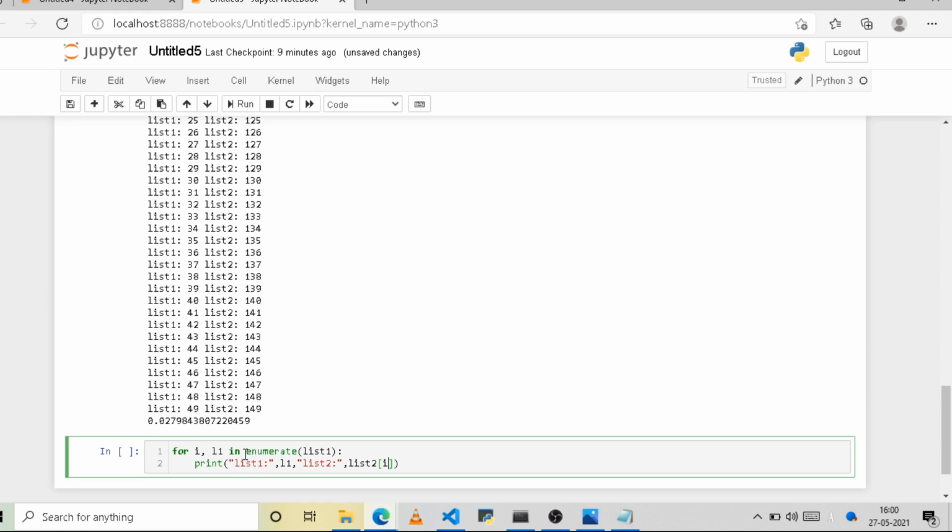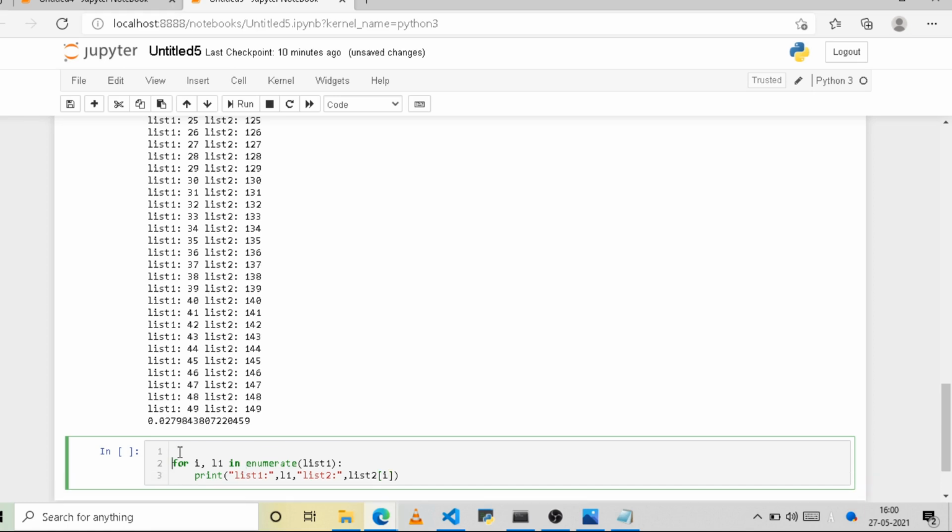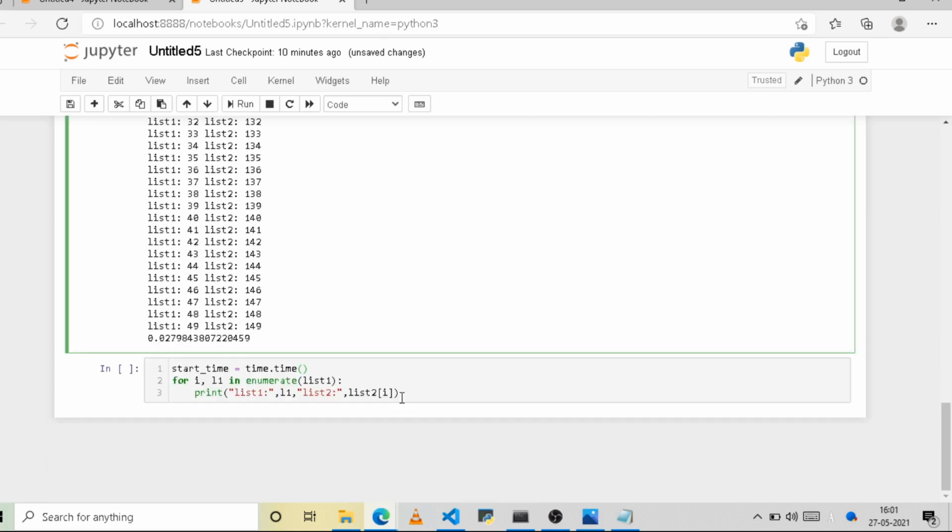And I'm going to use the start and end variables again to get the time frame. Let us try to print, and you can see that it takes 0.029 seconds. So it is slightly taking more time than zip.